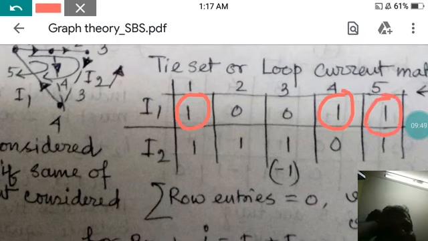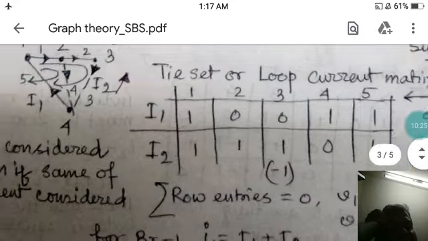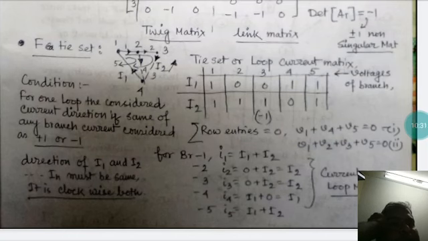Why is this so? Because if you are taking this first loop, the current flow is I1, and the current is passing through 1, 4 and 5. Here the current is flowing in this direction and the total net current flow is in the same direction, so obviously all coefficients are plus. If you are considering the second loop, you can see there is another path, 1, 1, 0, with the same consideration. Okay, I am making it quite smaller. And finally the row entries must equal 0.